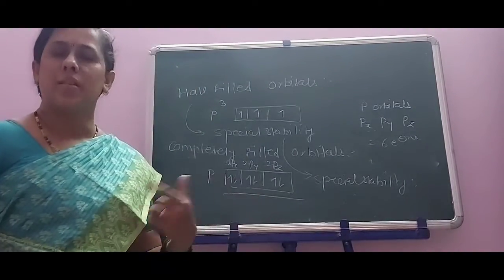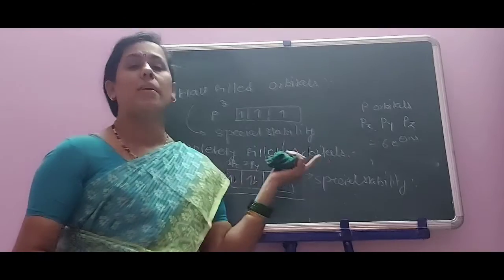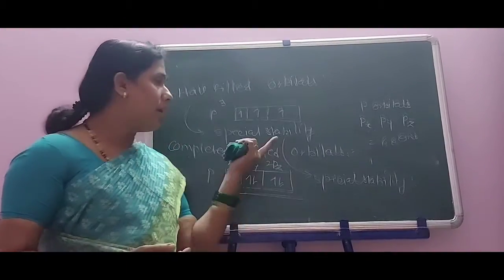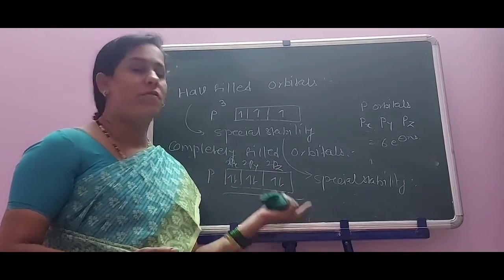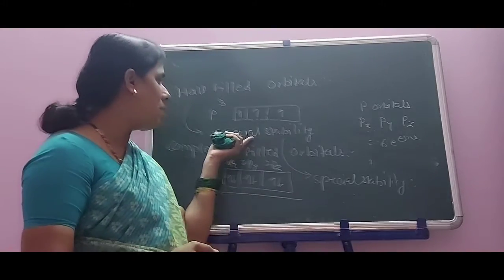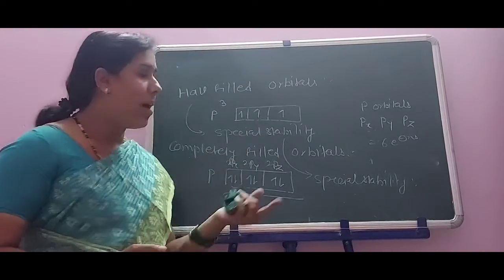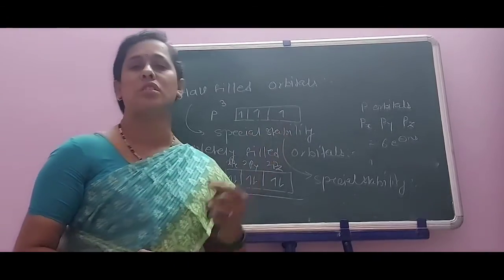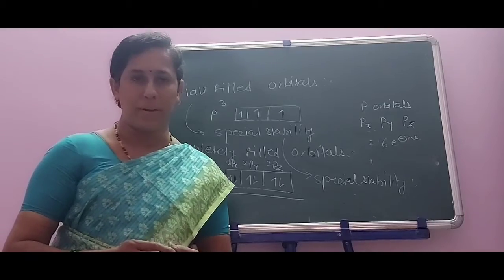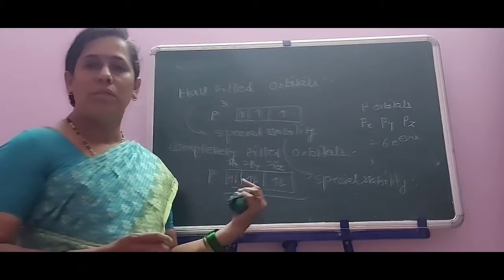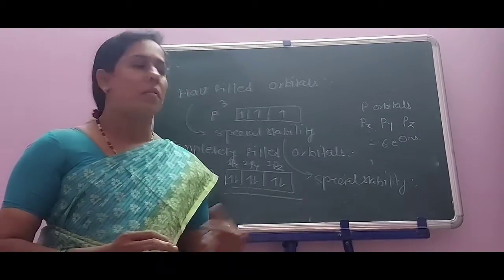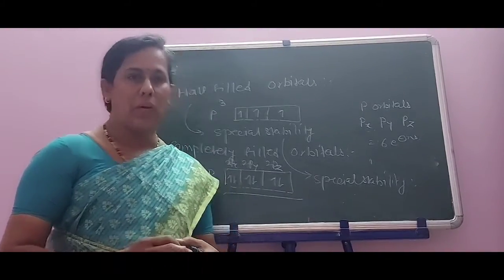How is this stability acquired? This point we will discuss in the next lecture, on factors affecting stability. In this lecture we have to stress the number of energies: first exchange energy, then promotional energies and so on, and only then can we take the example of chromium and copper. We can explain the stability of half-filled orbitals as well as completely filled orbitals. I hope that all of you understand this point very clearly. If there are any doubts, please ask me in this group. Okay, thank you.